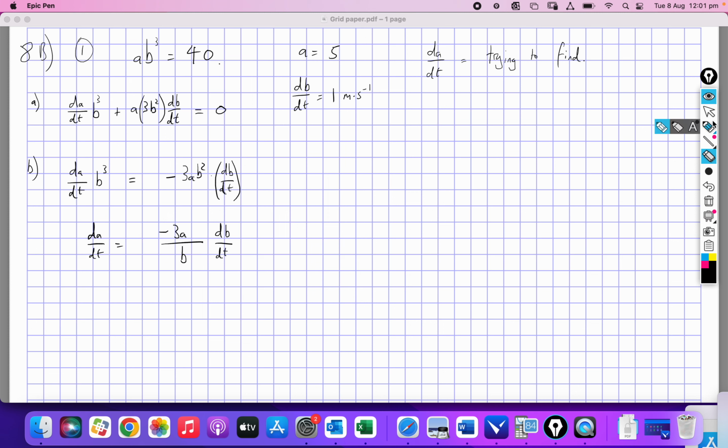Nice. Right, and these two things are multiplied. So again, in this question, like in the previous video, there's actually 4 different things happening. I've got the rate of change of A, I've got A itself, I've got a B, and I've also got the rate of change of B. I'm trying to find rate of change of A, and I'll need to know these 3 values to now substitute in. Okay, you see in the book,